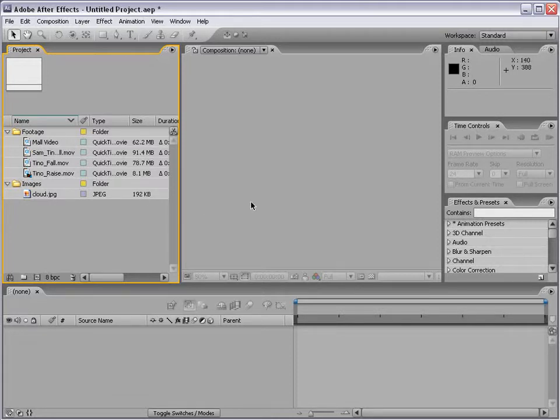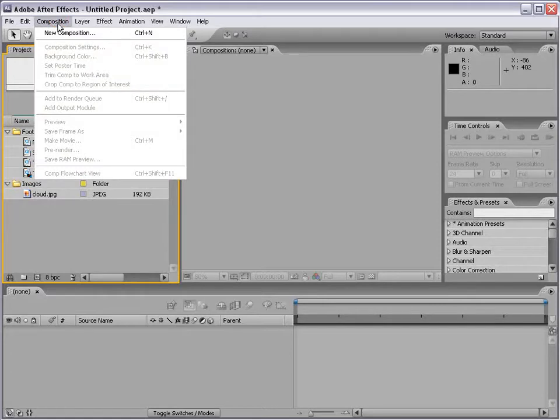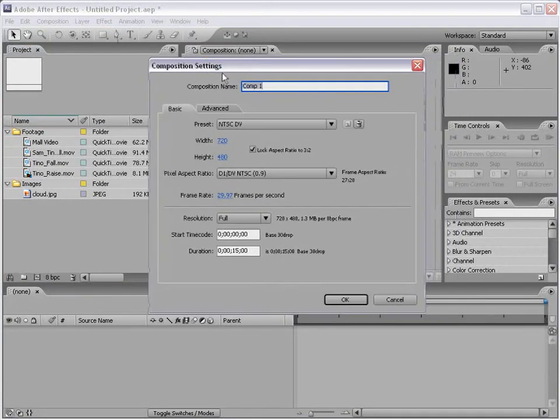Let's go ahead and get started with a composition. So we've imported our media, but what exactly do we do with the media? Well, we need to put it into a composition. So what we need to do is create a new composition. From the composition menu, new composition, Control N, I'm going to click that, and then we have this composition